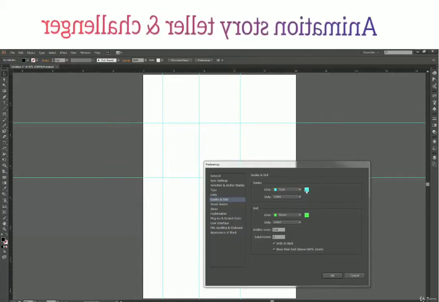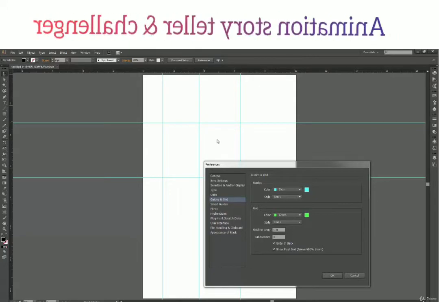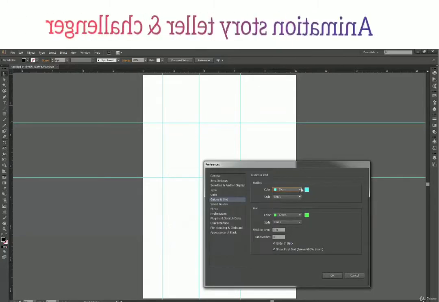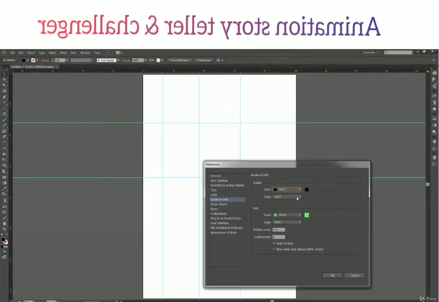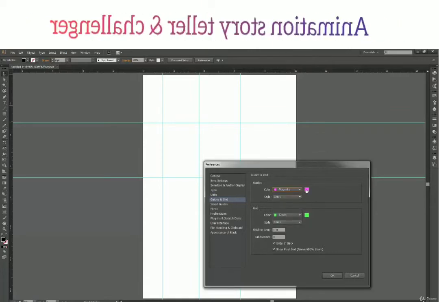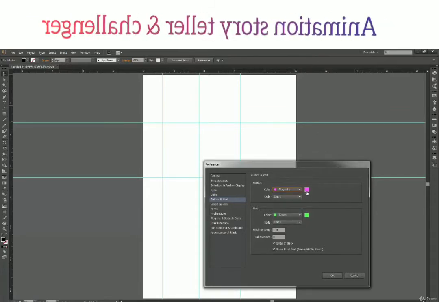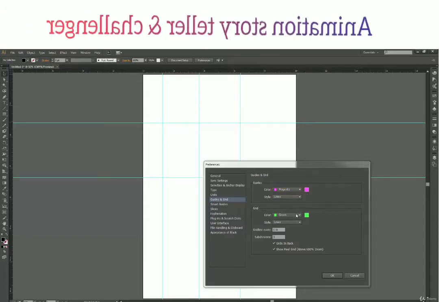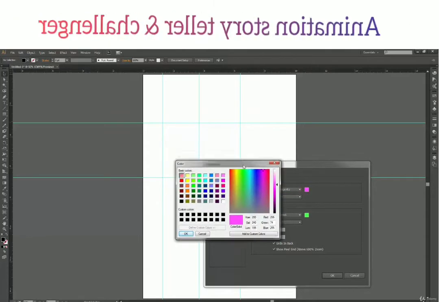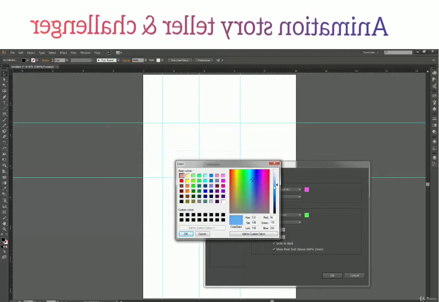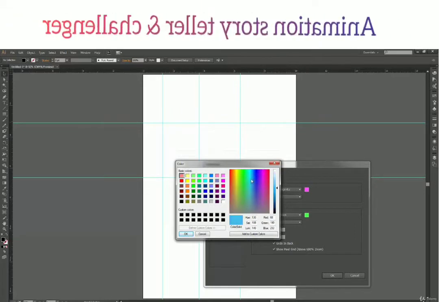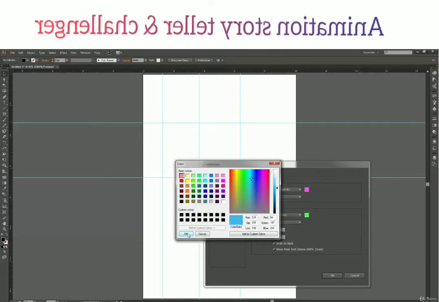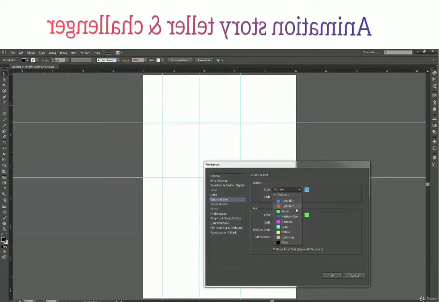We can change this color to anything else. Either you can click over here and select some predefined colors, or if you want to be more specific, you can click this color box, and it will open a color window, where you can go into more detailed colors, let's say something like this, which is not present in the preset directory.